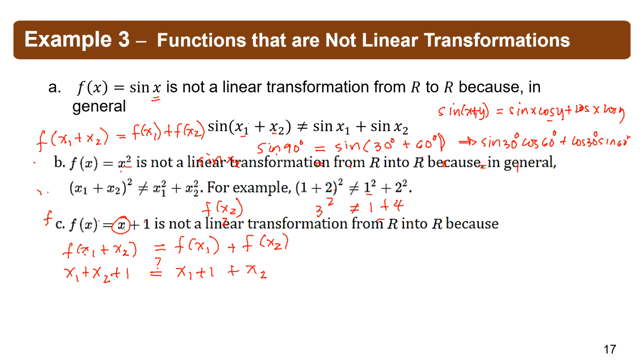And again, there's plus 1. And as you can see from here, that is x sub 1 plus x sub 2. When you add, that will be plus 2, because of this 1 and 1, which is now not equal to this one, because this one is only 1. This is just similar to the vector I have given. There's a constant 1. That's why it did not go with the scalar multiplication.